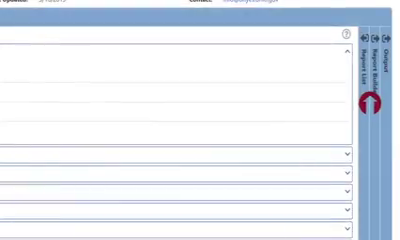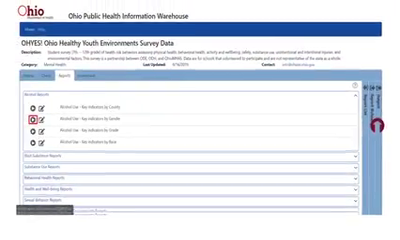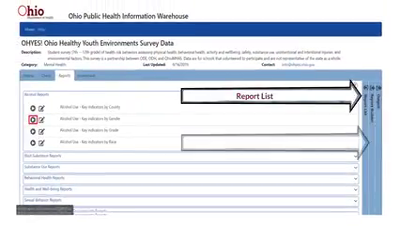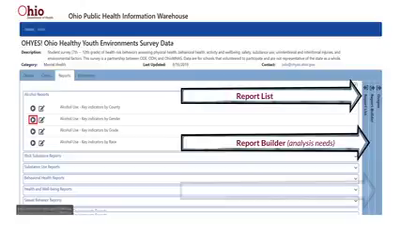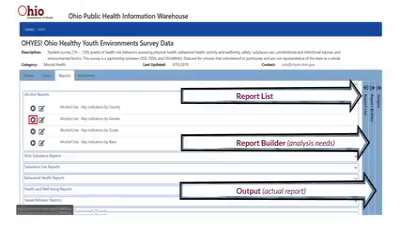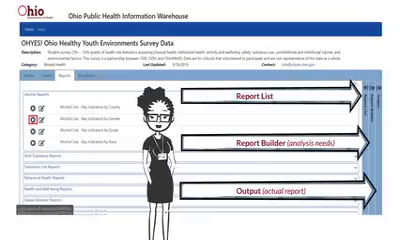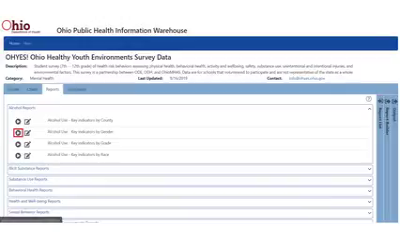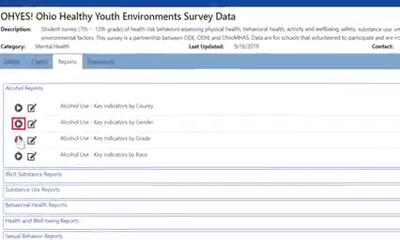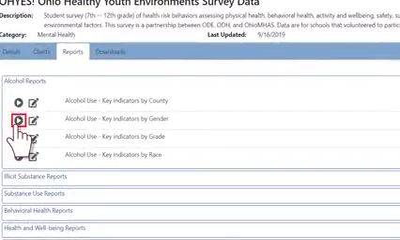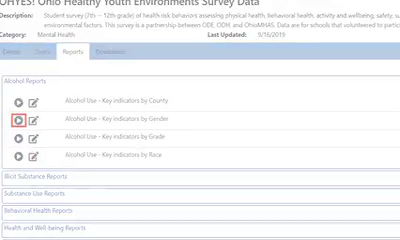These arrows allow you to expand and contract each of the 3 report panes: 1. Report List, 2. Report Builder, and 3. Output. We are in the Report List right now. The Report Builder allows you to more carefully craft the report to meet your analysis needs. The output shows the actual report. For our example, let's click on the play icon for the Alcohol Use Key Indicator by Gender report,